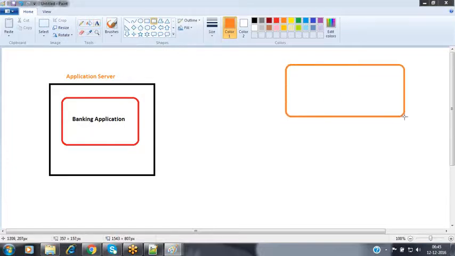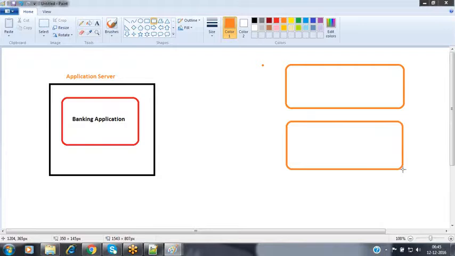Now assume that this is a bank branch. And I have one more bank branch here, another branch, and another branch.